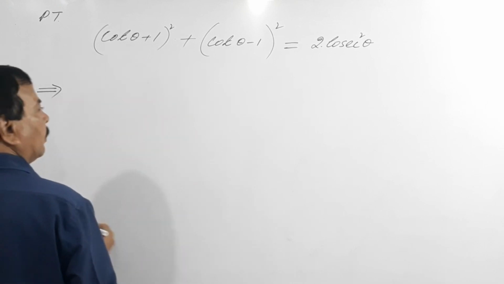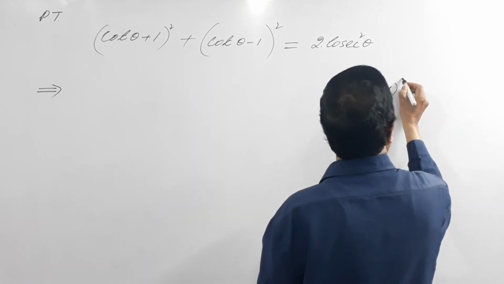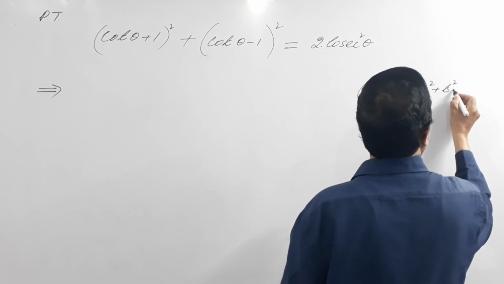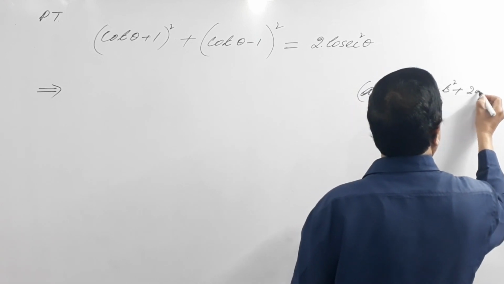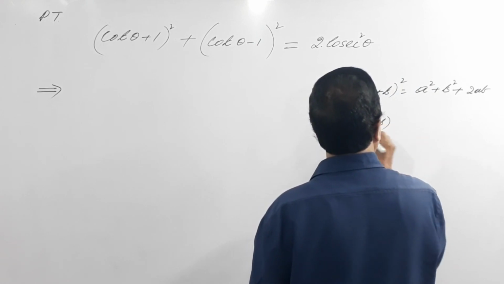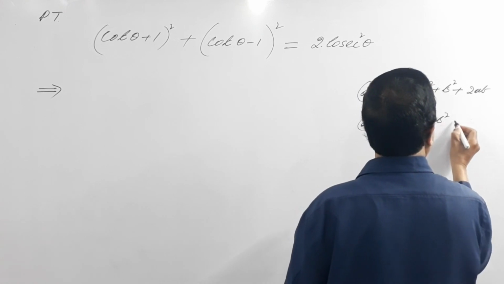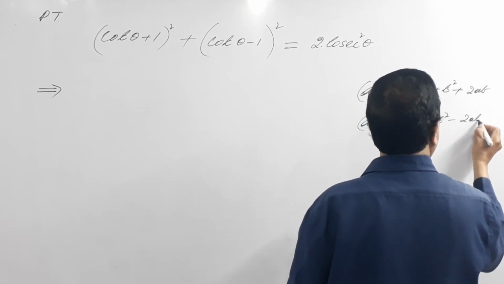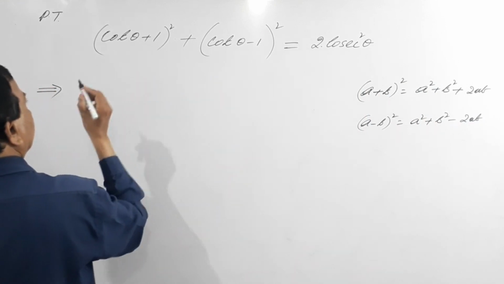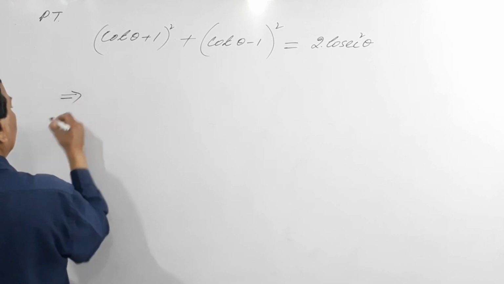So a plus b is what? We know (a + b) whole square equals a square plus b square plus 2ab, and (a - b) whole square is a square plus b square minus 2ab. So here, suppose this becomes what? This becomes